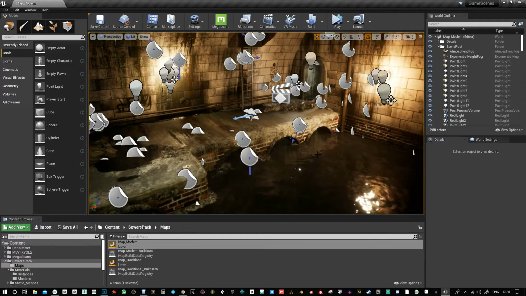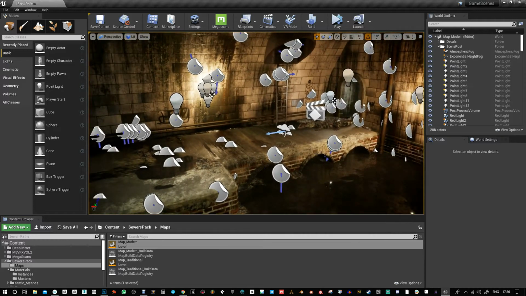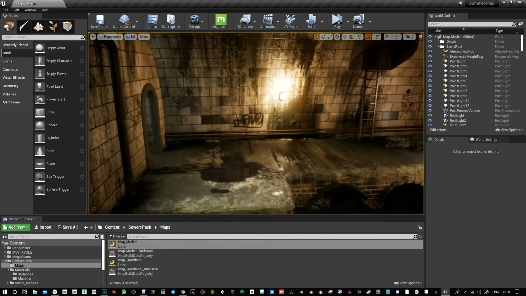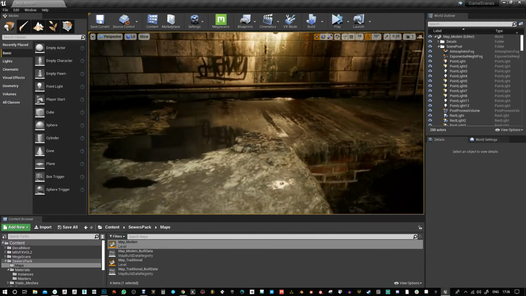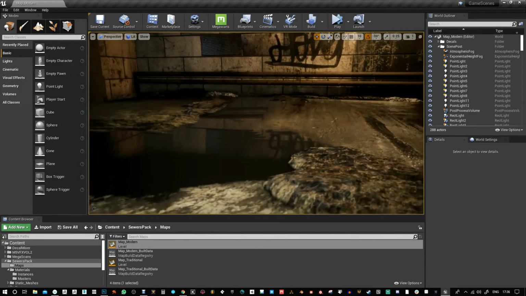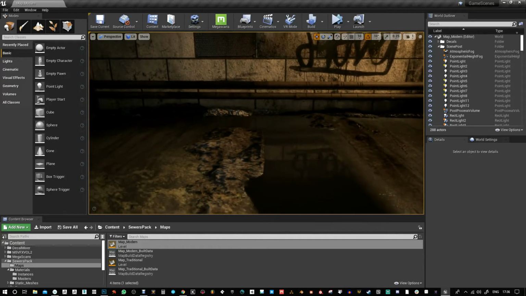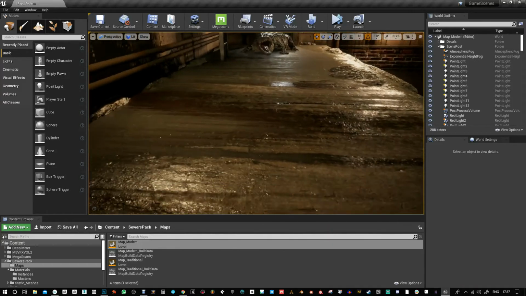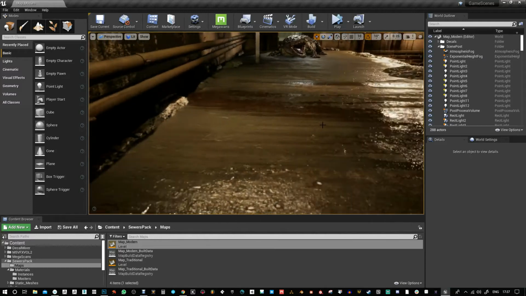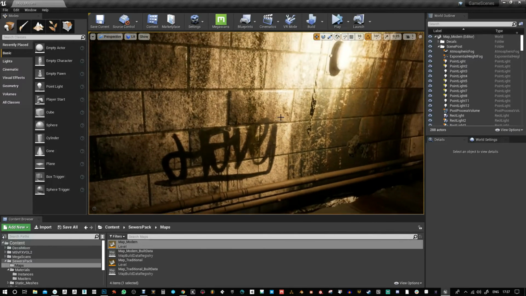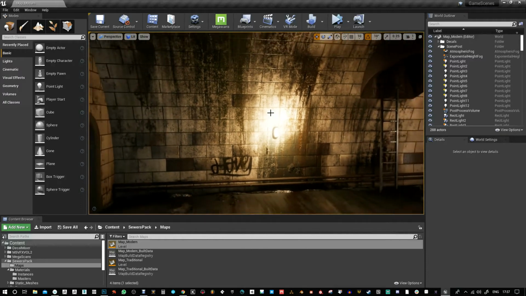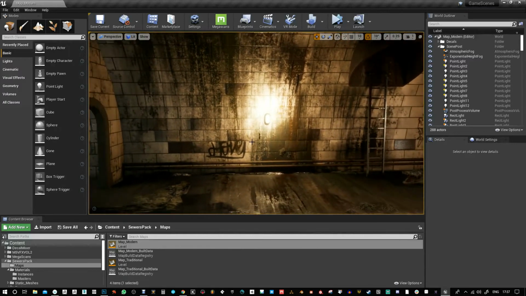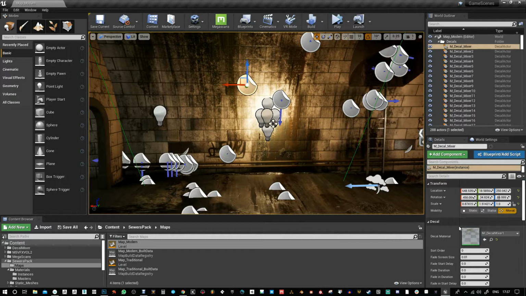Now this is a little map I've been working on. It has a lot of decals and things in here, some meshes that I made in ZBrush just to catch some decals and break up some of the flatness. A lot of these decals are from Quixel Mixer, and I've got a few little material tricks here that mix them up. So for example, this one, if I look at the master,